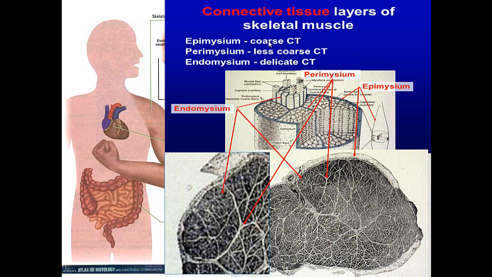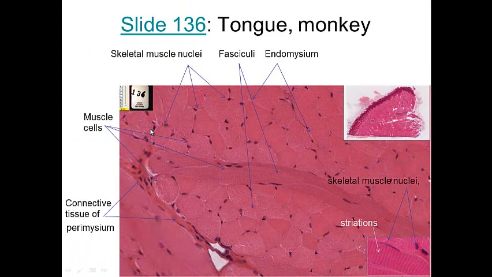So the perimysium is coarse connective tissue. The epimysium is coarse, less coarse with the perimysium, but the endomysium is delicate connective tissue around individual cells, and this is where we saw the capillaries in the endomysium. So this is a fascicle of muscle cells here and here, endomysium in between. So these are nuclei of muscle cells,